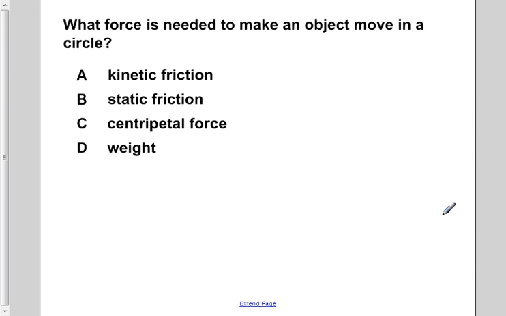D states the weight. If we have an object and we just drop it on the surface of the earth, it'll fall straight down. In this sense, it doesn't result in any type of motion, any type of circular motion with this respect. You can go to some extent of saying when you're in space and you're constantly in free fall, sort of, but for this extent, we're talking about just normal conditions on the Earth, moving in a circle, like when you